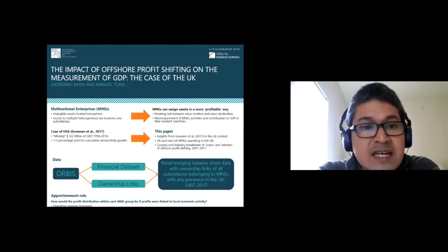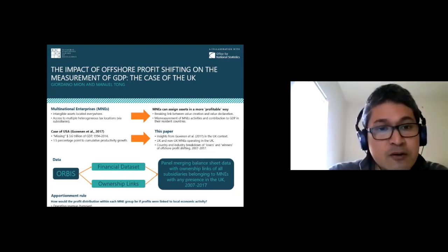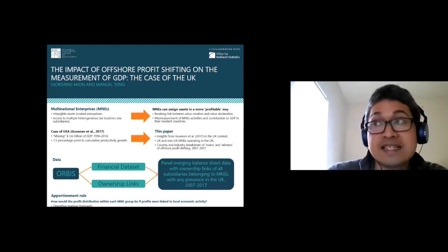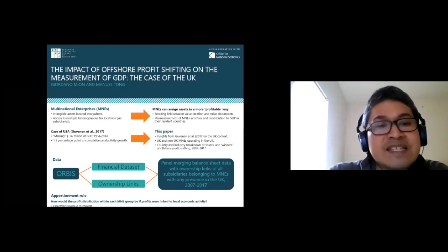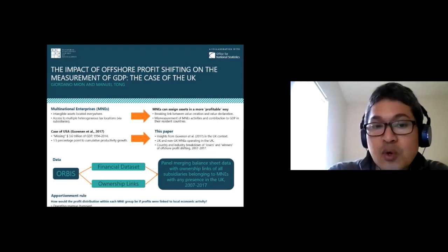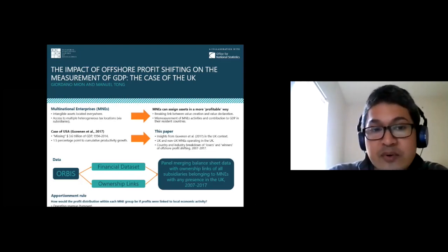As a consequence, we observe a possible mismeasurement of MNEs' activities and their contribution to GDP in their resident countries. This project is inspired by previous research by Guvenen and other authors in 2017, focusing on the case of the United States. These authors find that by offshore profit shifting, the United States obtains a total missing gap of $3.6 trillion of